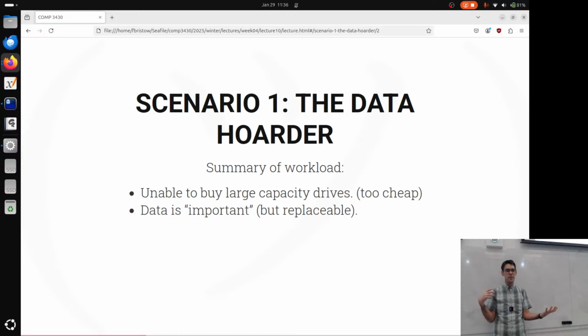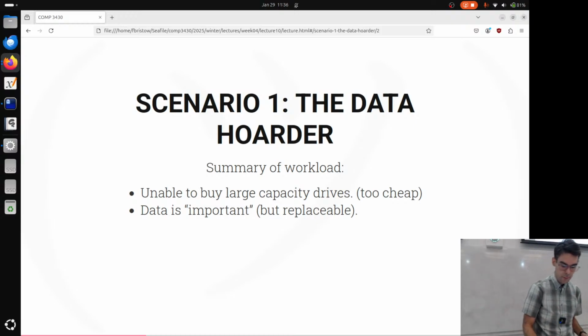Irreplaceable data is like schoolwork. I mean, it's painfully and tediously replaceable. You should be able to recreate the program that you've written for this assignment, but it's painful. I cannot replace pictures of my children. If I lose a picture of my kid that I only have stored on disks, that's completely irreplaceable. So this data is important, air quotes, but it's replaceable.